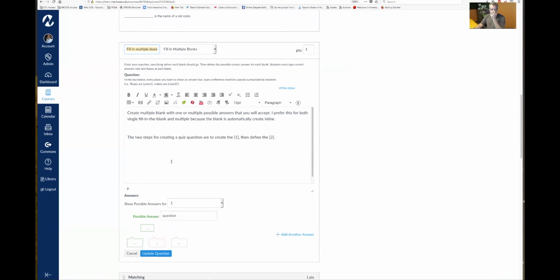What's interesting about creating a multiple fill in the blank is that it will create that line or box in line in the question with itself. We do that by defining a bracketed area and then using the possible answers for that one bracketed area and defining those. So let me show you how this works. I've typed in a question. The 2 steps